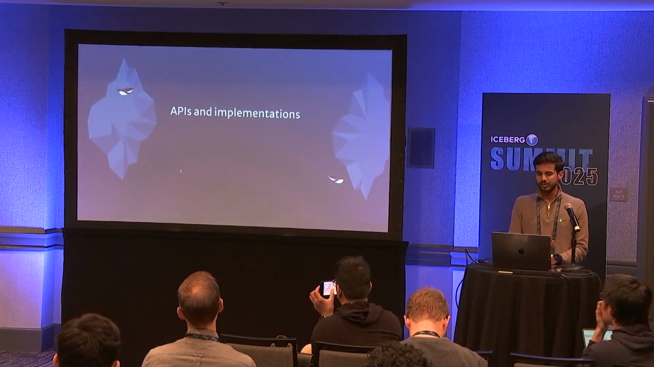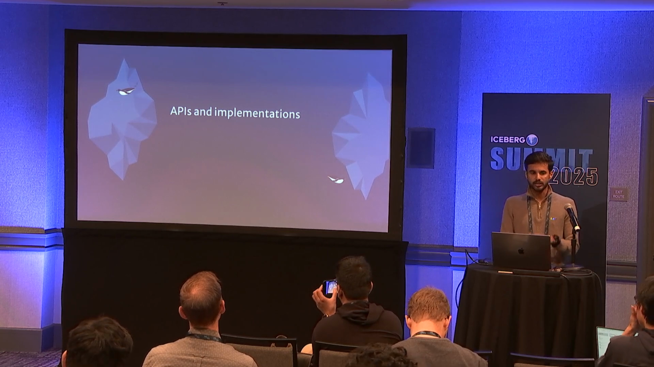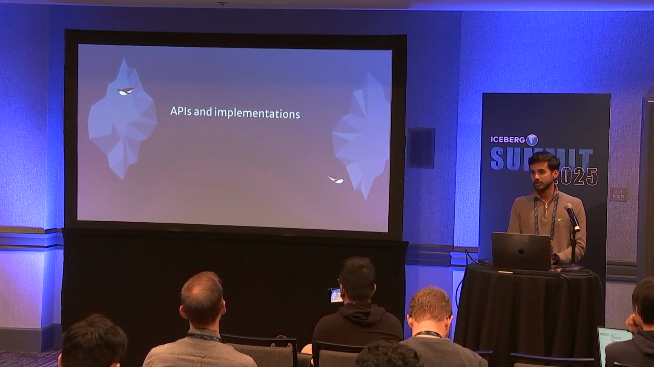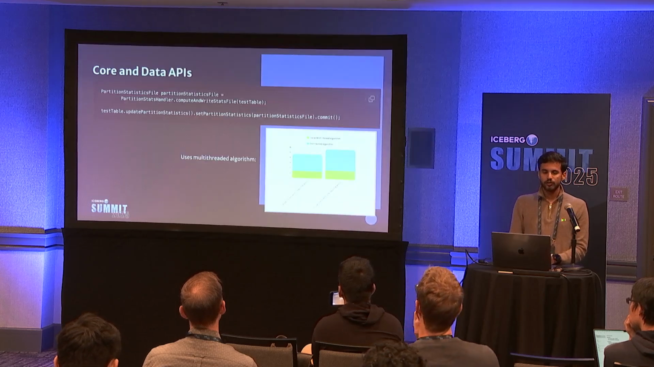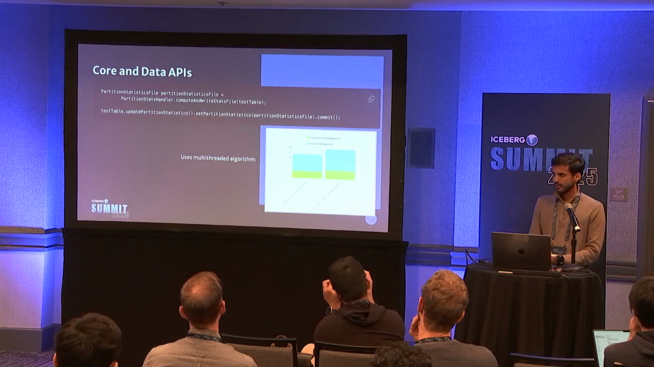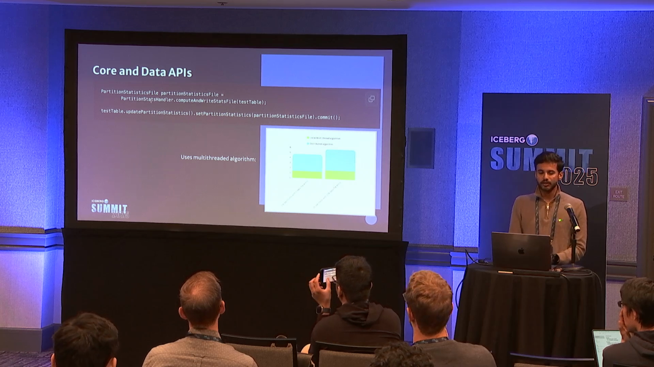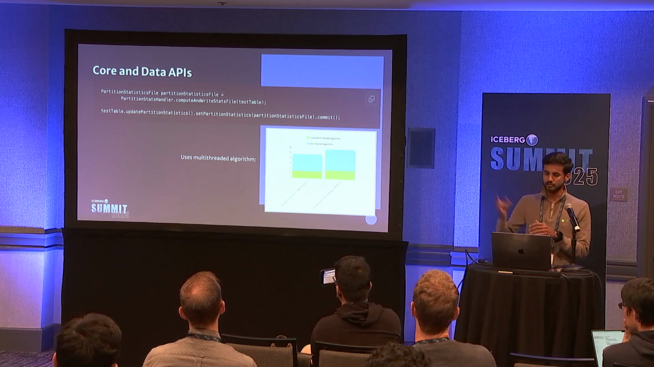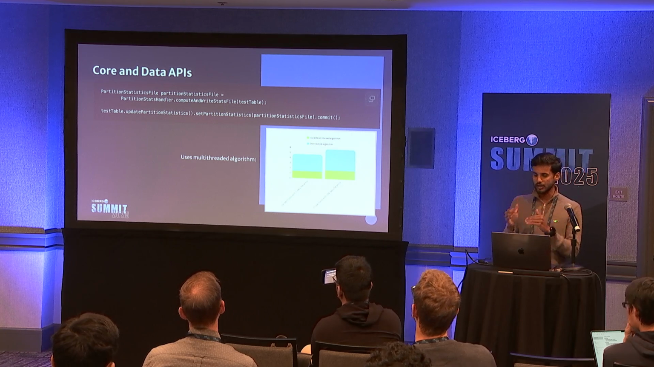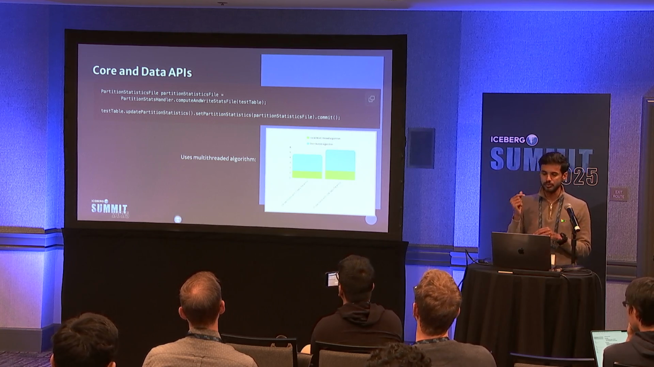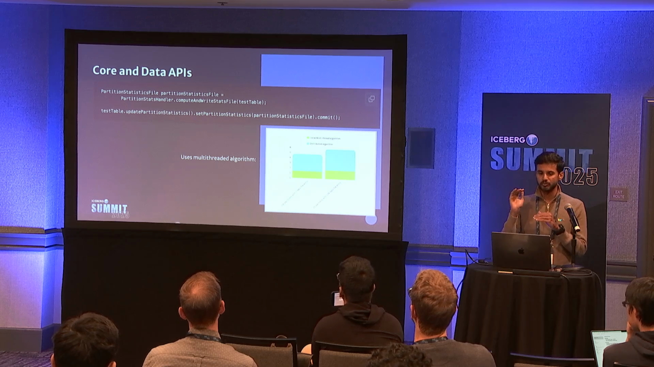So the next thing we can see is how the engine can integrate it and what APIs are present for it. We have it in Iceberg core and the data API module. It's a simple API. We have a utility called partition stats handler. Here you can call compute and write stats. You can just pass a table. It can compute for the latest snapshot, or if you pass a snapshot ID, it can compute for the particular